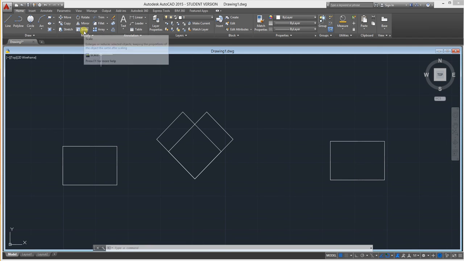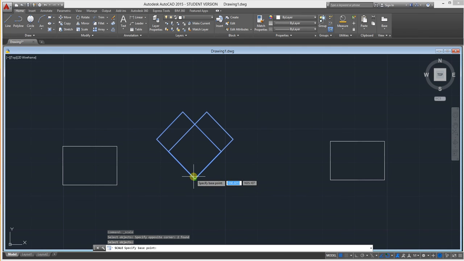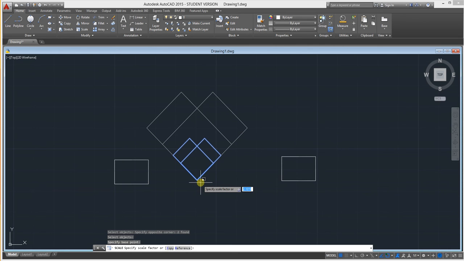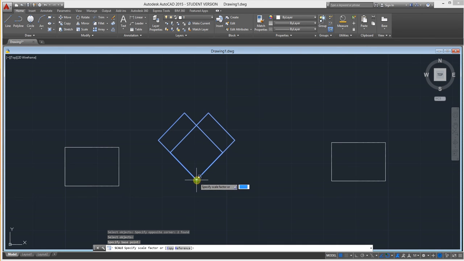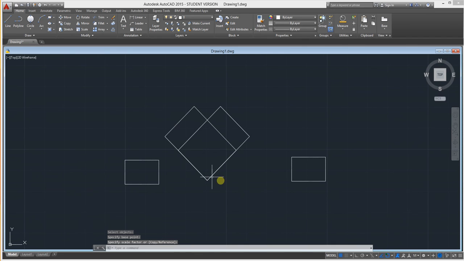Also we have scale. With scale, you can change the scale of the drawing. So I chose the object that I wanted, then enter. It tells you to specify the base point. You can go as much bigger as you want, or as much smaller as you want. So let's say that I want to go a little bit bigger. There it is. Also there's a trim. Trim, it's really